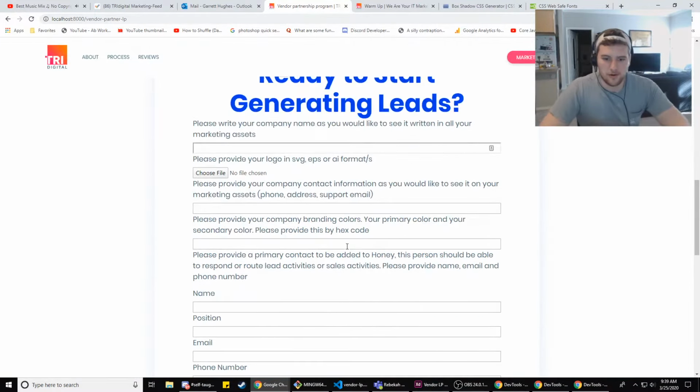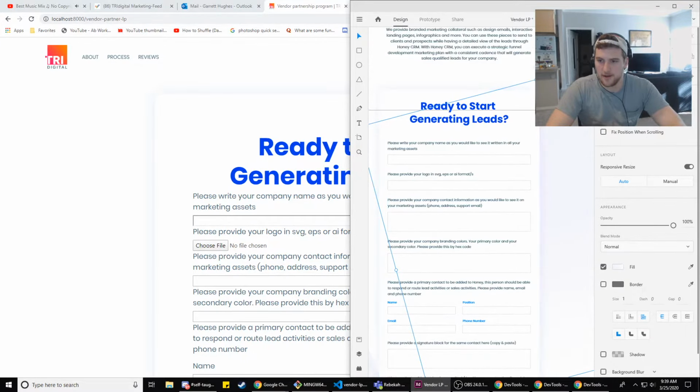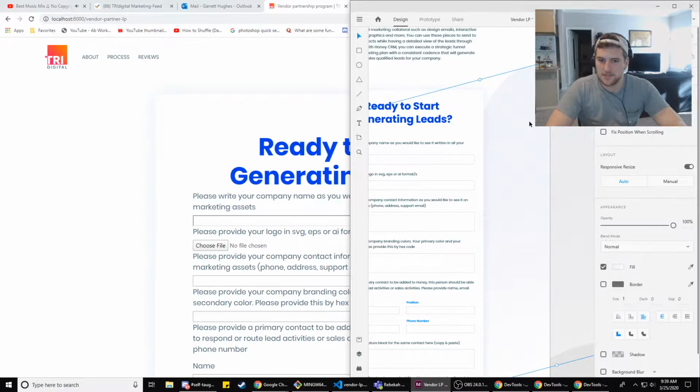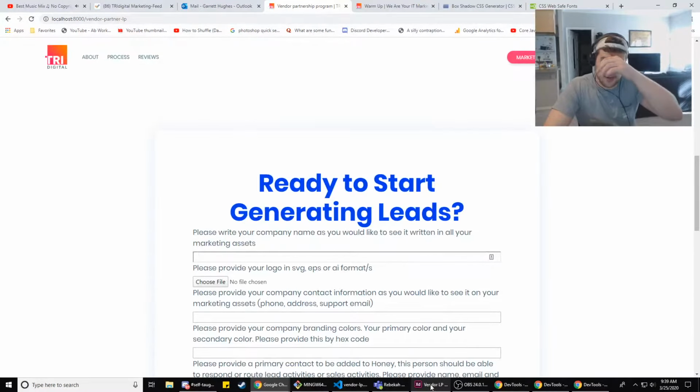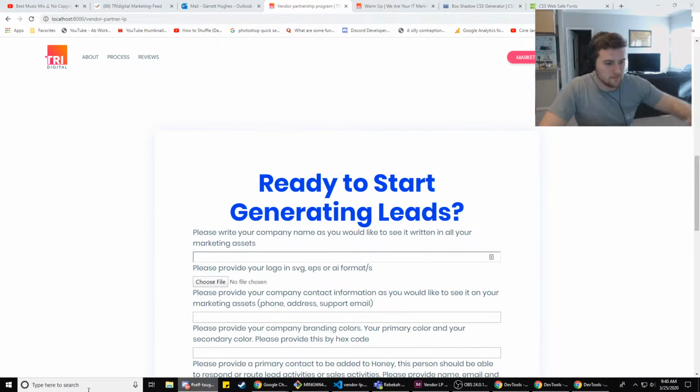Alright, so this needs some margin on the bottom, right? I think we might go ahead and add these blobs just to give it some background, because right now it looks kind of weird. My hat and this headset, it's not working for me. Alright, there we go. And we're good now.